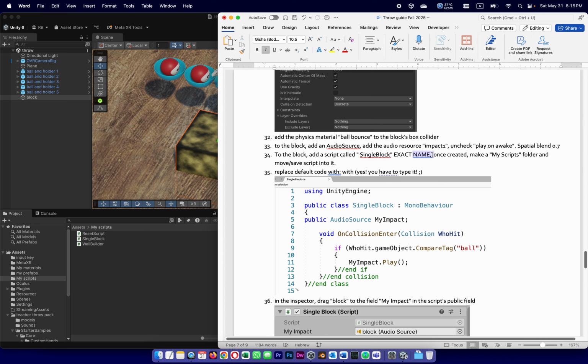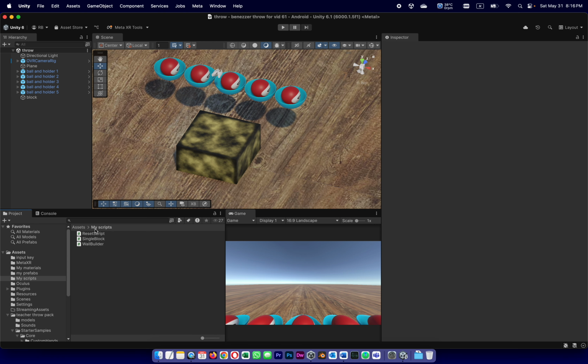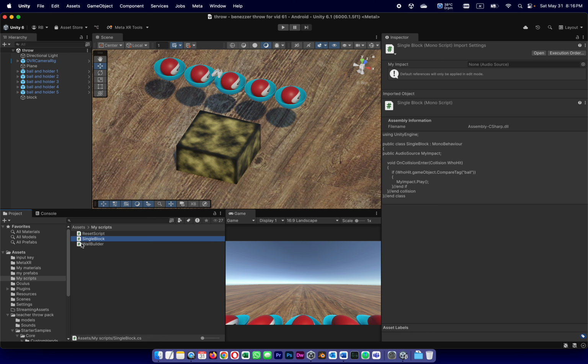When you create a script like that, as soon as you save it, it asks you where you want to save it. So one way or another, it needs to be put in the My Scripts folder for nice organization. Then, of course, it starts with a default code, and hopefully before you're watching this part of the tutorial, you already typed this code. I have a My Scripts folder. I have all the scripts done already, but you are going to have only one script so far. And when I open this script, SingleBlock,